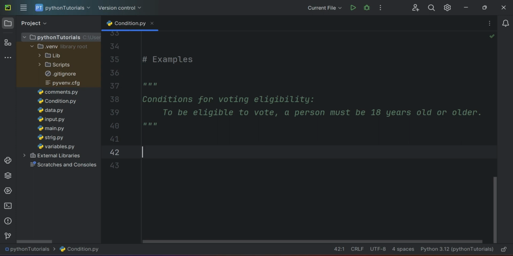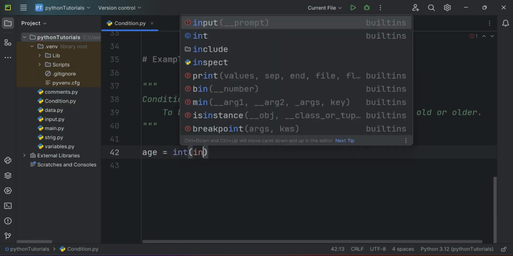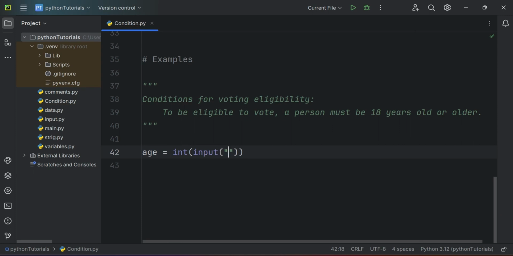Okay, let's create a variable named age equal to int input, enter your age. I'm asking a prompt, enter your age, and assigning the value to age, and getting the value in integer